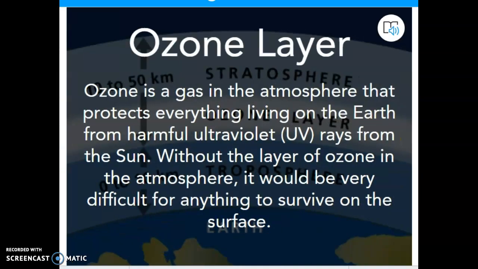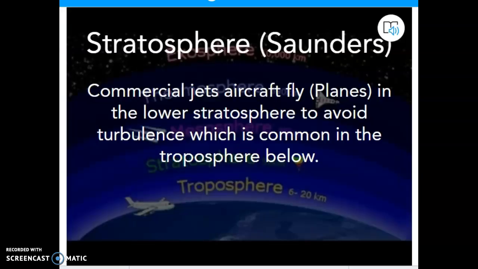Another amazing thing about the stratosphere is planes like to fly in the lower part of the stratosphere because there's not a lot of turbulence and wind and weather going on there. So you'll notice that planes get up and then they get to this point and they kind of just coast along here in the stratosphere, just at the very top of the troposphere. A little bit more, they get into the stratosphere, and there's no turbulence there, which is a lot of turbulence in the troposphere, which is just below it.